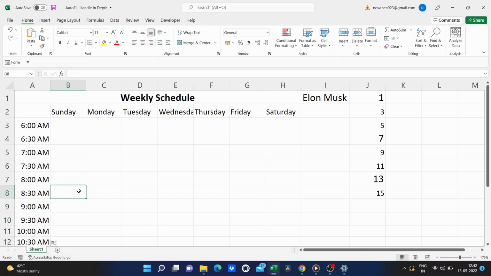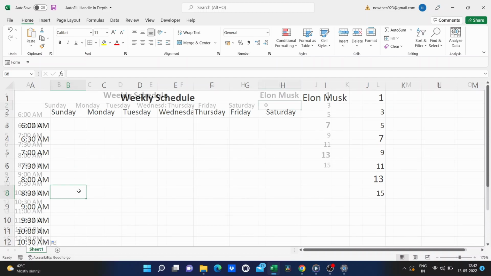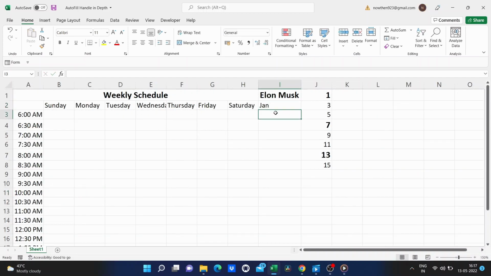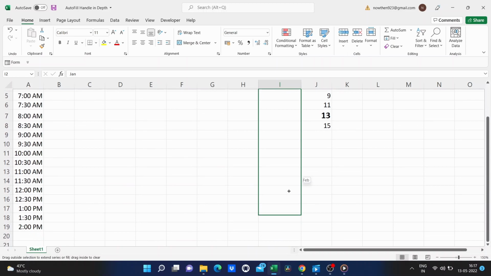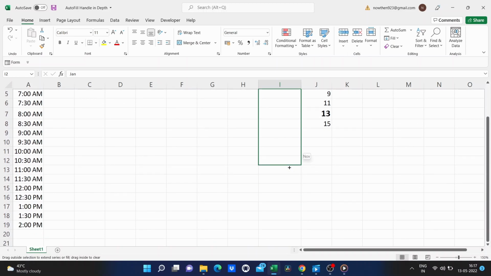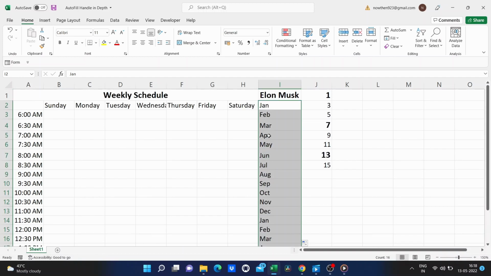Other things related to time that work well with this include also the months. So January. And you can spell it out or you can abbreviate it either way. But it's just understood by the autofill handle to be months, which are related to time. And so it just automatically extends the pattern. But again, if you don't want to do that, hold Control and click and drag the autofill handle, and it will just copy and not extend a pattern.